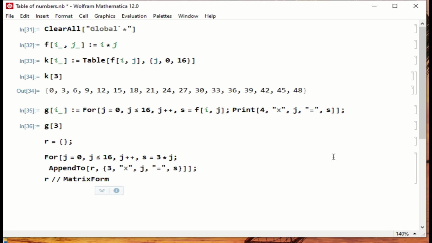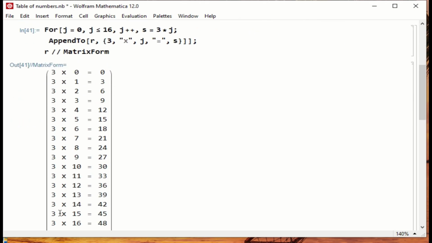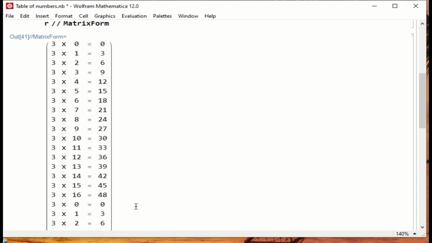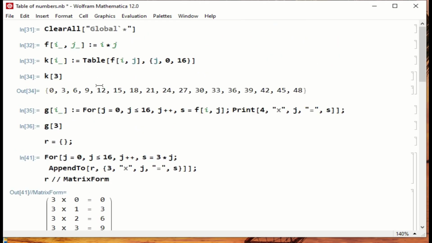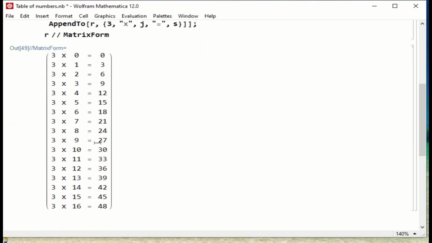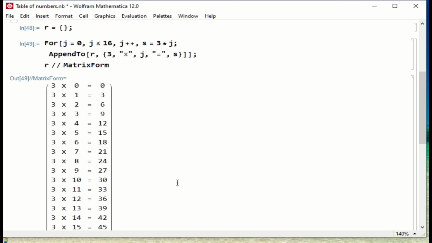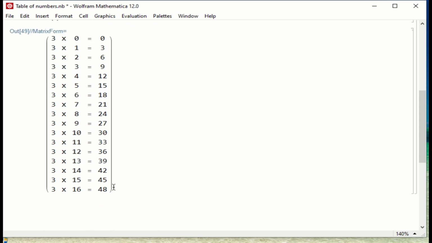So if I run this program now, it will give me this table, which is the table of 3 up to 16. And I can better select all, so I watch the value of a and I remove this like I did before. And here is the table up to 16. You can change the value of 3 to 4 or any other integer, and accordingly it will give you the